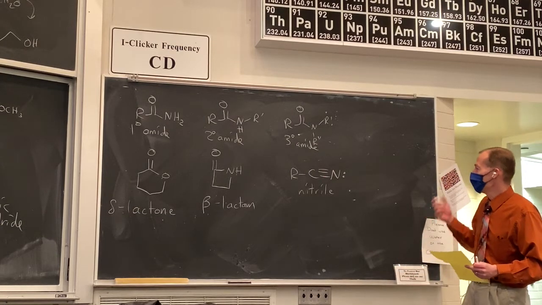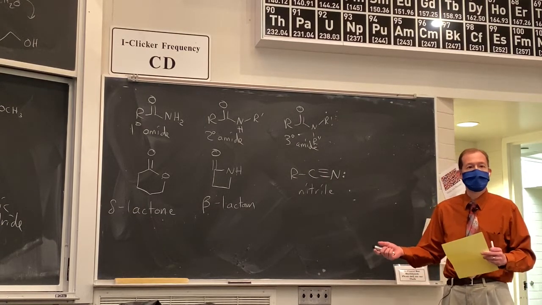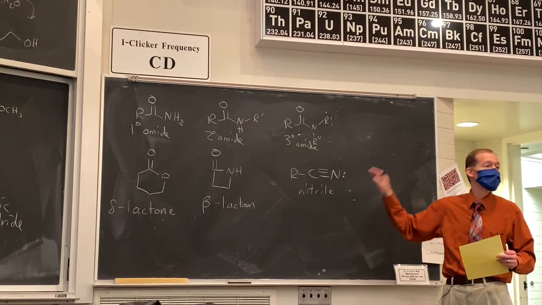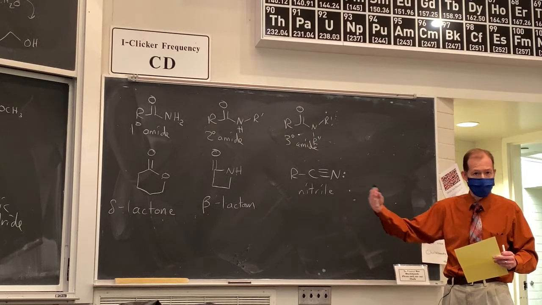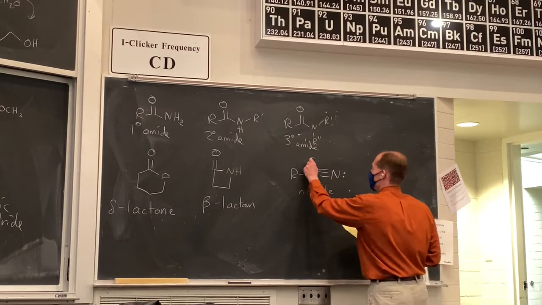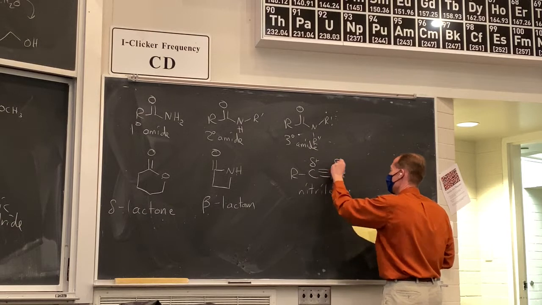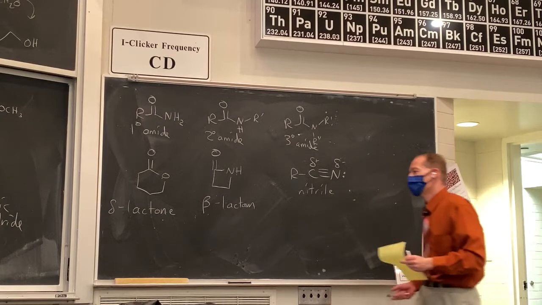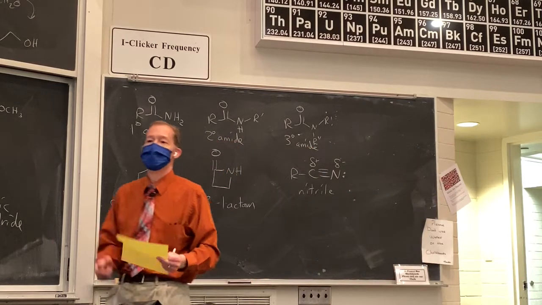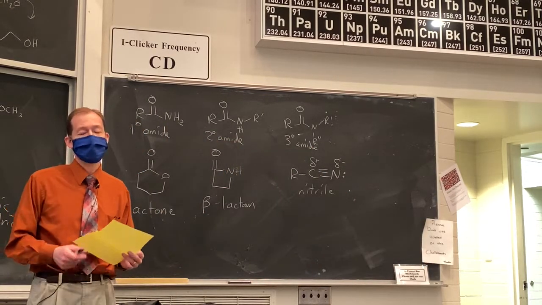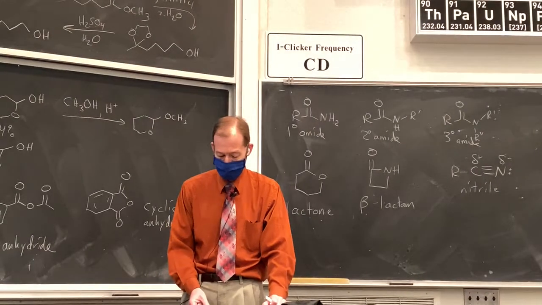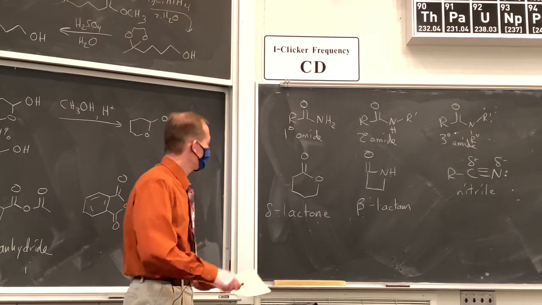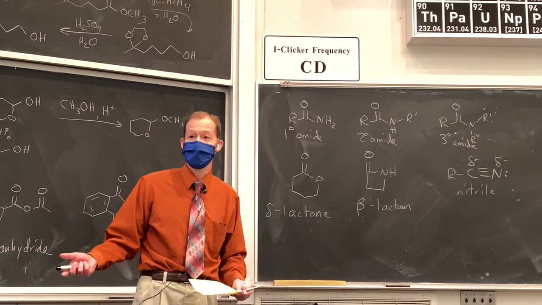So because we have 3 of these carbon heteroatom bonds to the same carbon, then a nitrile is going to actually undergo similar types of reactions as carboxylic acid derivatives. Right? We're going to have a partial positive charge on this carbon due to the polarization of that triple bond, similar to the partial positive charge we have on the carbonyl carbon of our carboxylic acid derivatives. Okay, so nitriles fit in this chapter even though they do not have a carbonyl carbon. Okay,